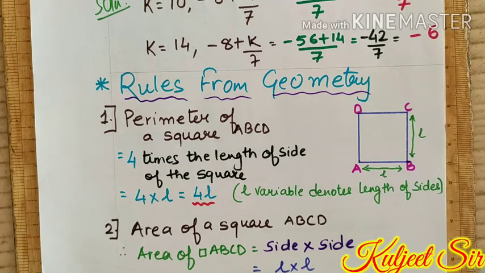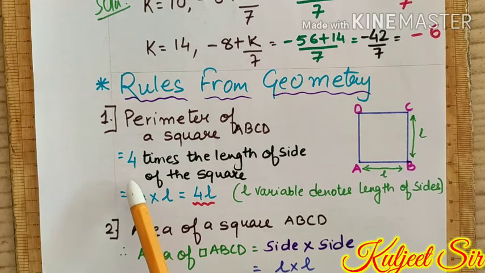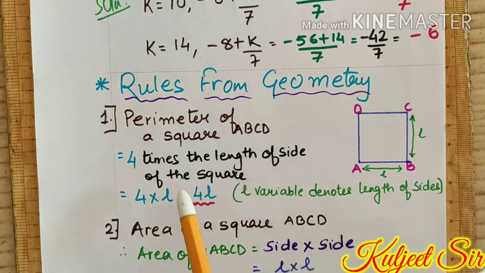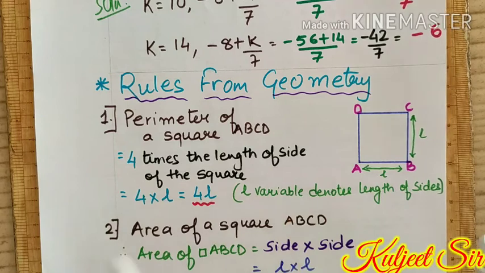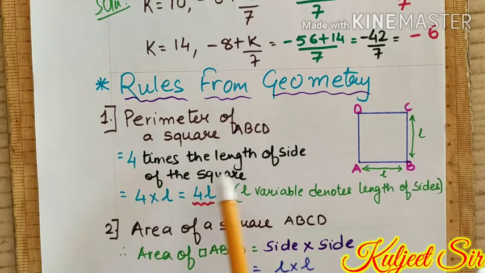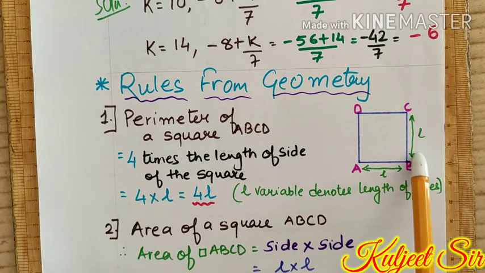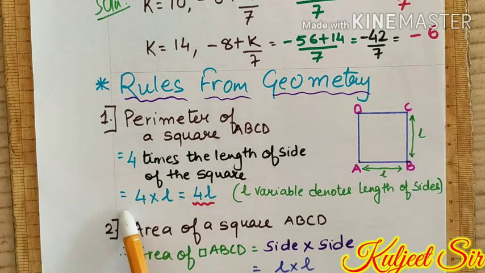When you know it is a square, all the four sides are the same. So the perimeter of a square ABCD, if I have to calculate, I can put it in this manner: 4 times the length of the side of the square. 1, 2, 3 and 4, all the 4 sides of the square I can take. I have mentioned over here, this is the length, or you can take it as the breadth, it remains the same. So 4 multiplied by L, 4 times the length, will give me the answer as 4L.